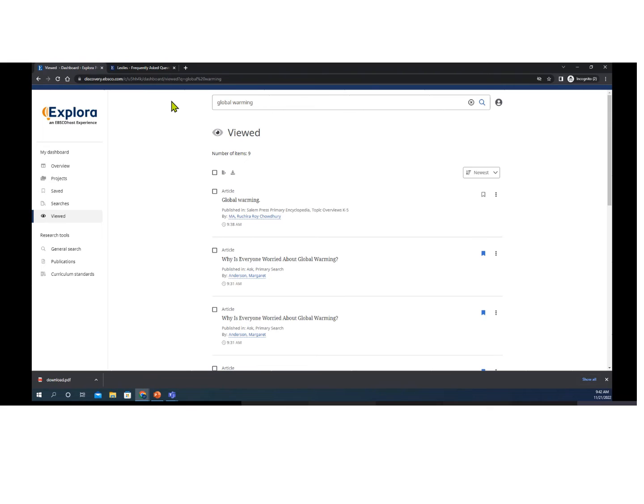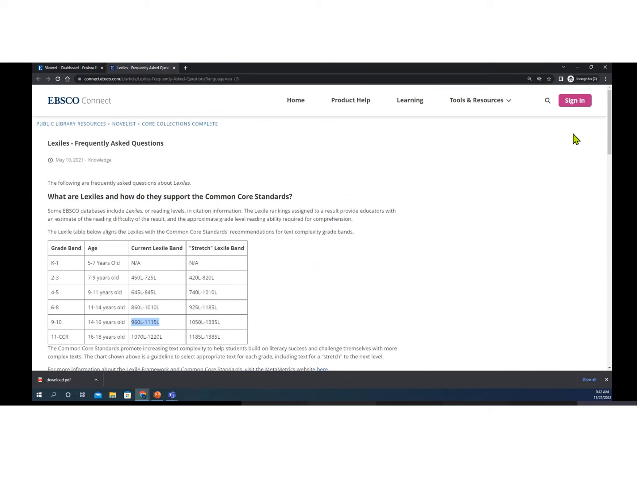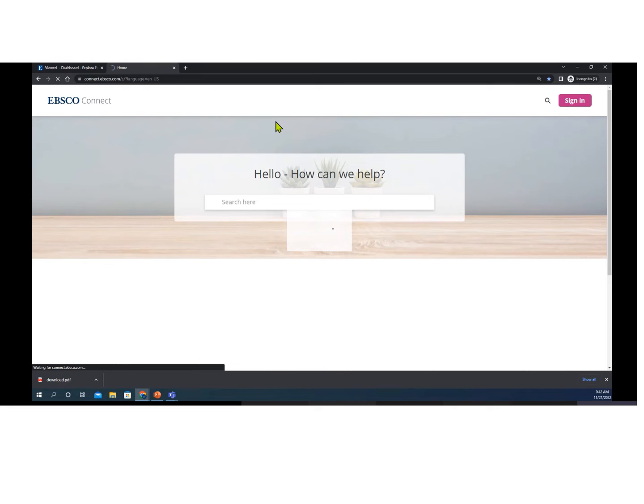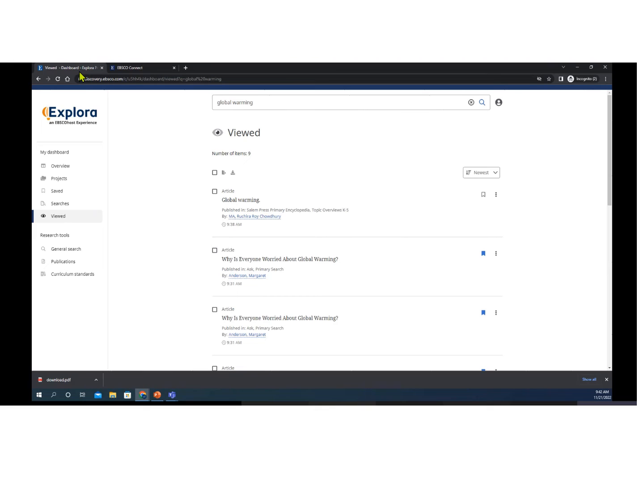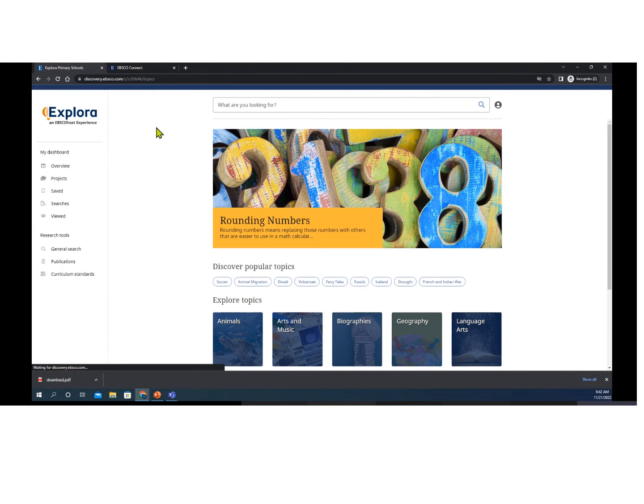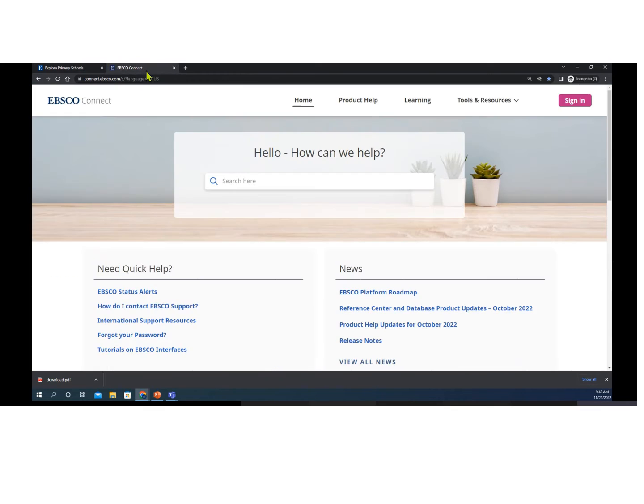If not, I'm going to switch gears out of Explora and into the publication finder. Before I do that, I do want to share with you that we do have EBSCO Connect, and I did mention that I would get into this. If you are interested in learning more about Explora, more about Lexile ranges, more about any of the features of the resources that you subscribe to with EBSCO, you'll want to keep in mind our support site, EBSCO Connect. It's a very easy URL to remember. It's called EBSCO Connect, and the URL is